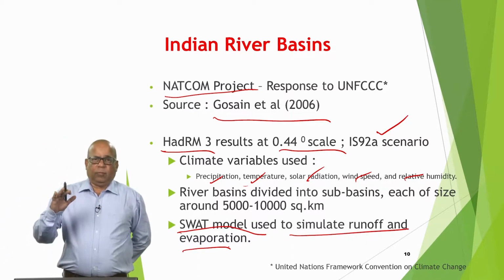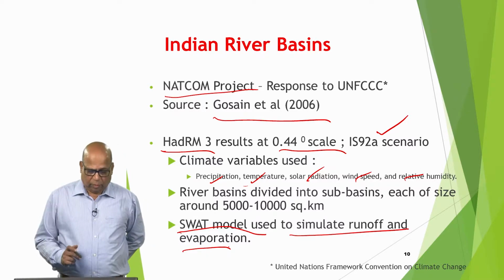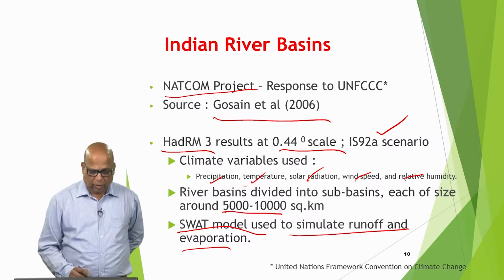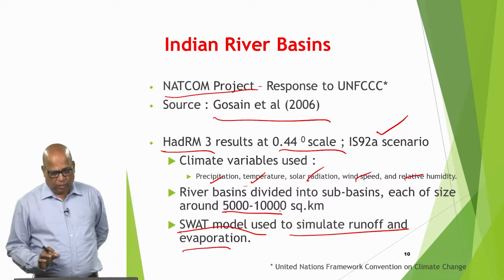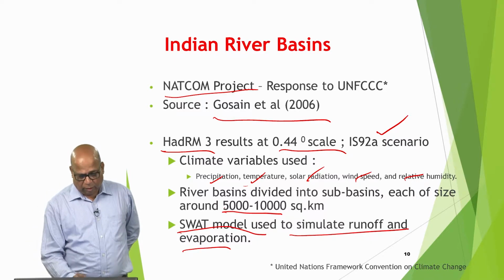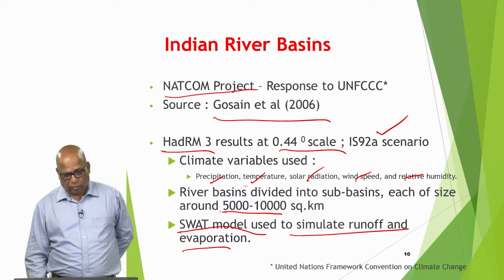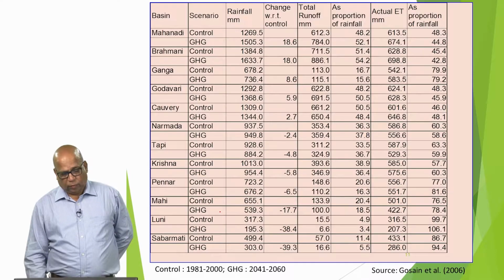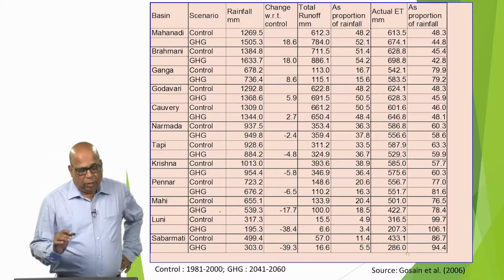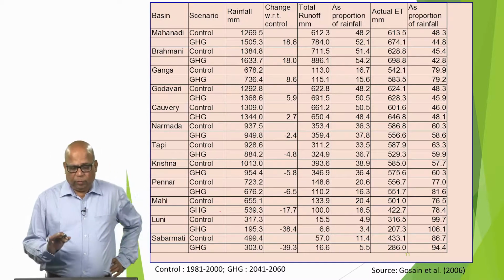This study was done for a large number of river basins, and the individual river basins were divided into smaller basins, sub-basins, of the size about 5,000 to 10,000 square kilometers. So, when we do this, we get situations like this. Remember, you must understand this with the